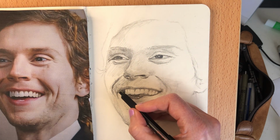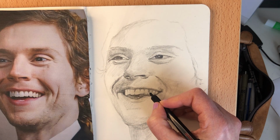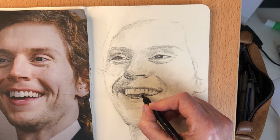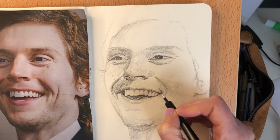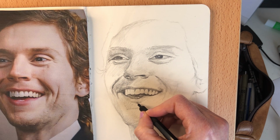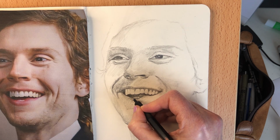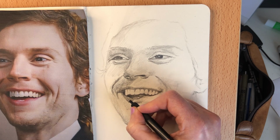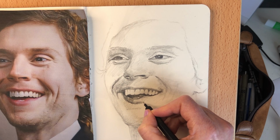If you can notice here, I've actually extended the teeth a little bit. I have made them a little bit longer. So I've redrawn parts of the mouth here, which is not on the video. I cut that out, or I decided not to film it, maybe. I don't remember which it is, but I had breaks. I took a break, and